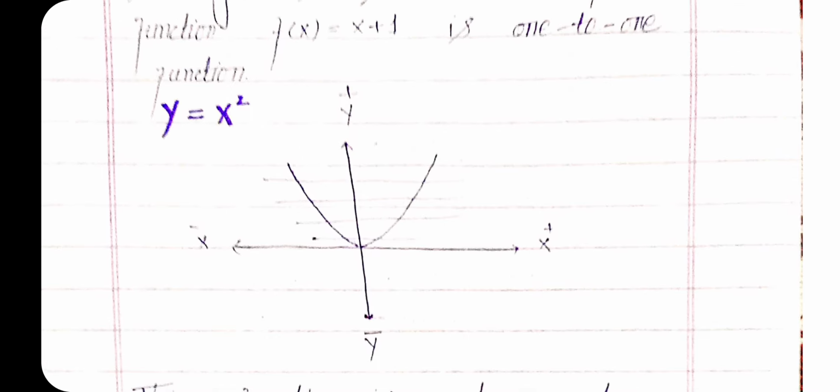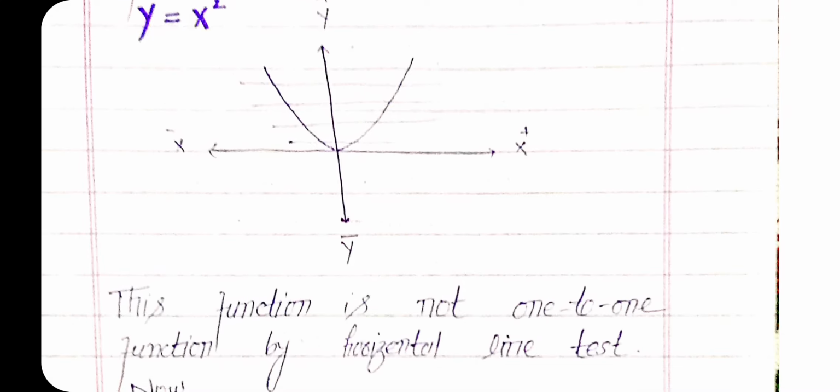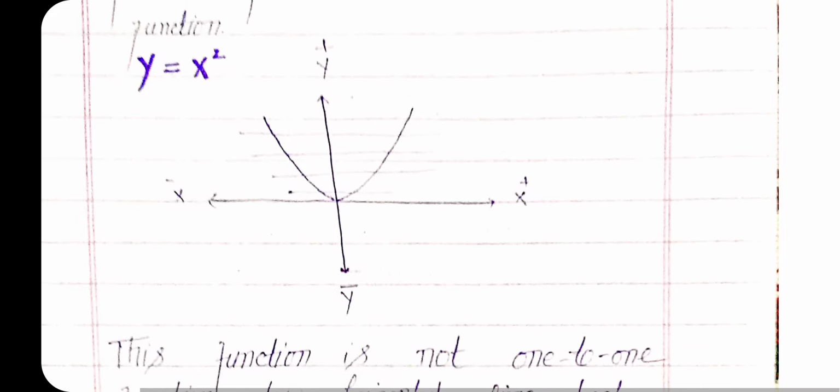Now we consider this example and check it using the remark given above. The function is not 1 to 1 by the horizontal line test, as this function fails the horizontal line test. This is a function as the vertical line test is fulfilled. A vertical line does not intersect it at 2 points, so this is the graph of a function, but it is not a 1 to 1 or injective function, as every horizontal line intersects it at 2 points. If we have at least one vertical line that intersects the graph of the equation at 2 points, then we can say that this is not a graph of a function.